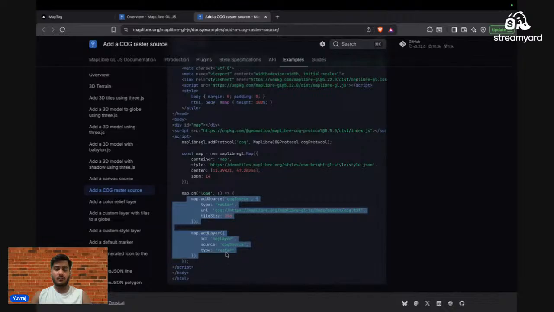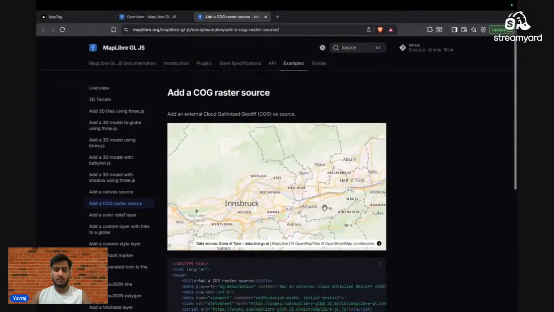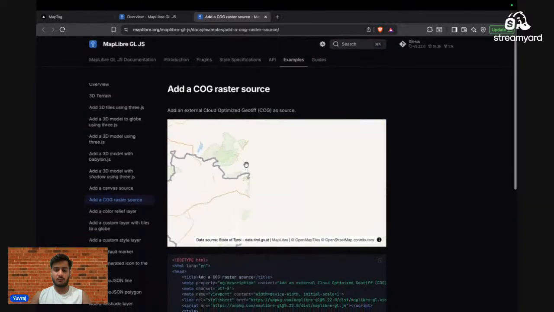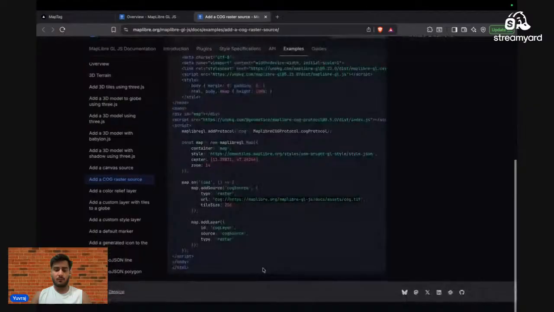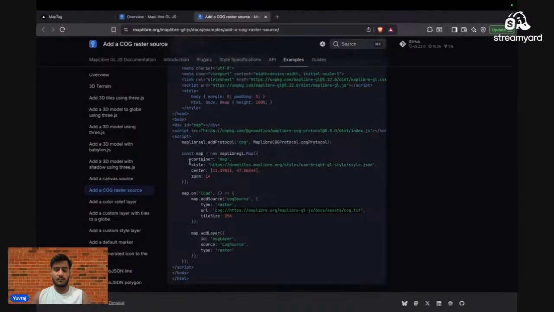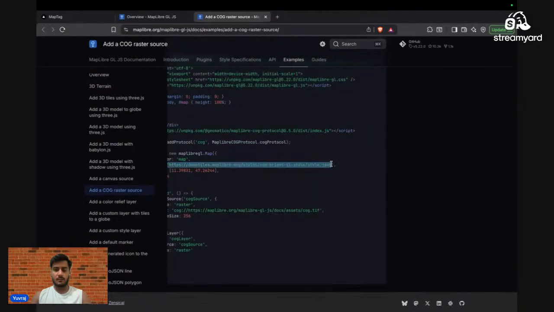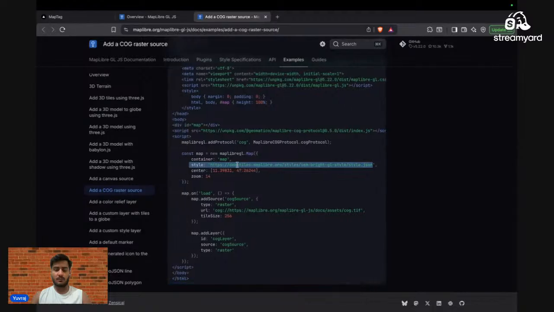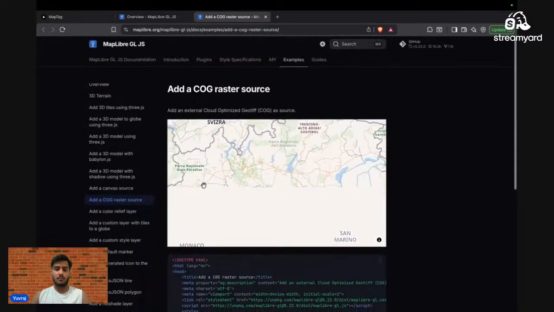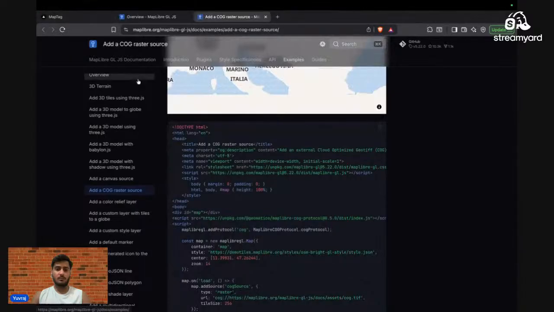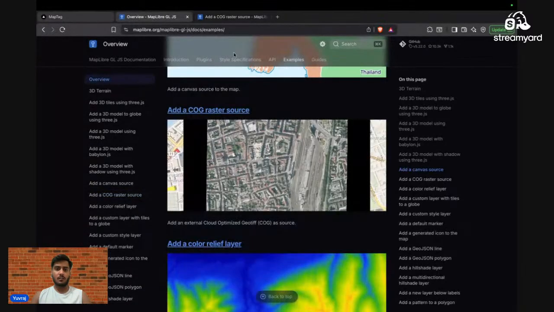Oh, okay, cool. So this, if you see, is coming from one of the examples. But what I want is this. I want to get it added using this. So I think what might be happening is if I use these demo tiles, it might rate limit after some point, right? Since it's clearly mentioned it's a demo tile. So let's do one thing. I'll just go to